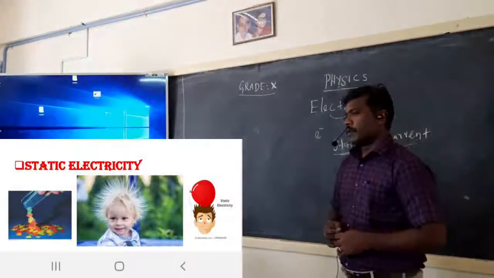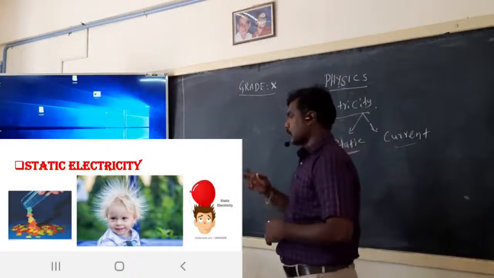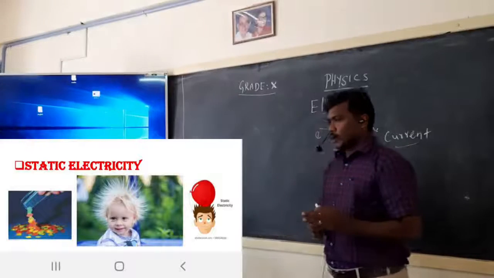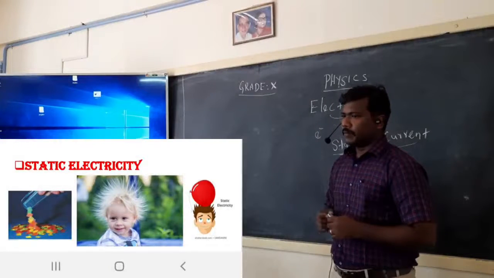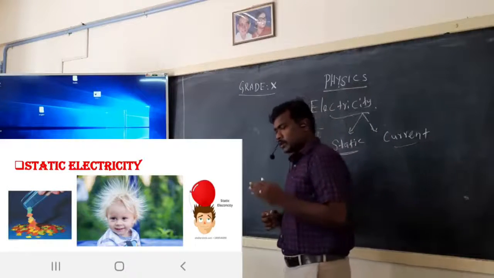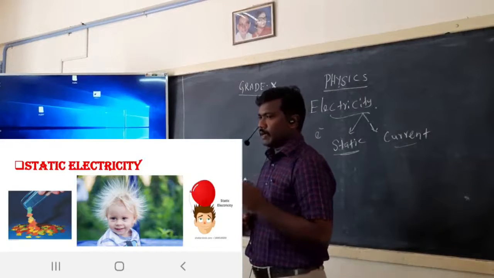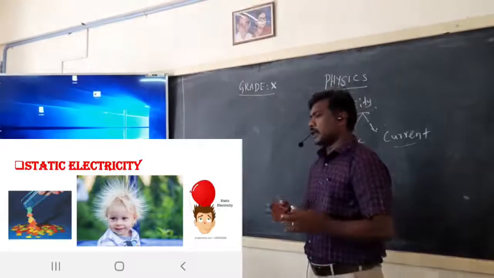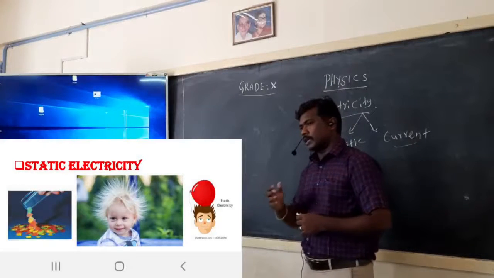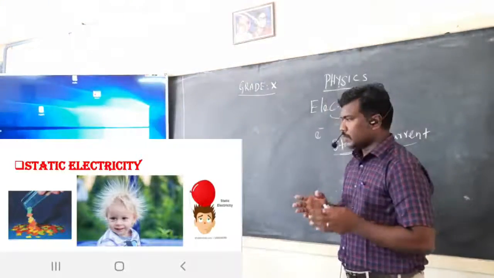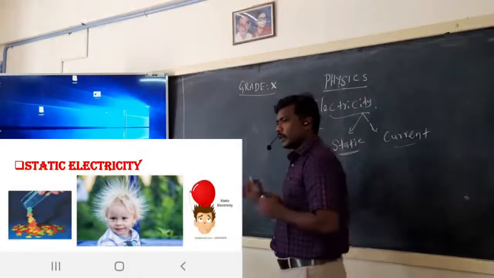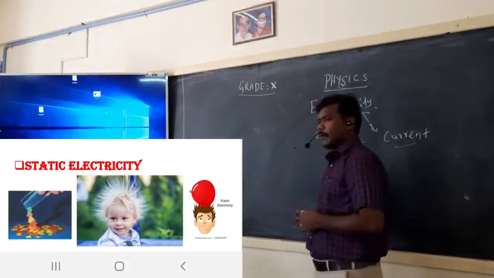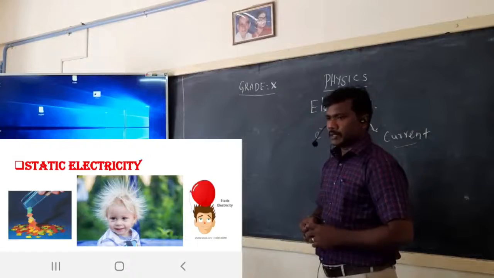In the diagram, we have two apparatus. One is a comb and another one is a small piece of paper. Okay. When you rub the comb in your hair, it is ready to attract the smallest particles. So it is always ready to attract a light particle. This happens when you rub the comb in our hair. So when you rub the comb in our hair, definitely some heat energy is produced.